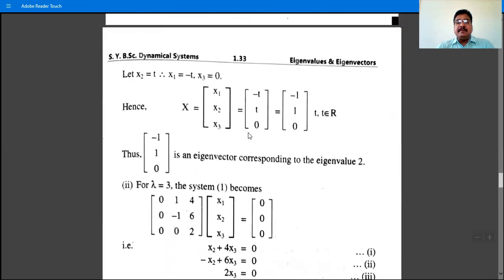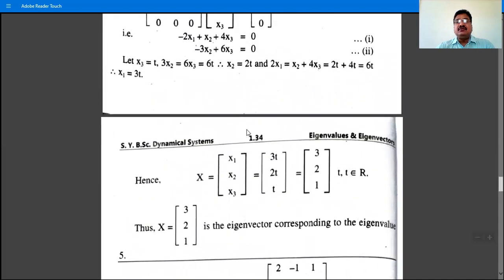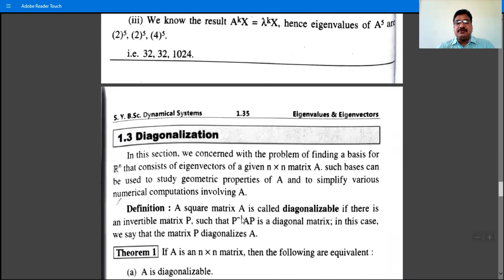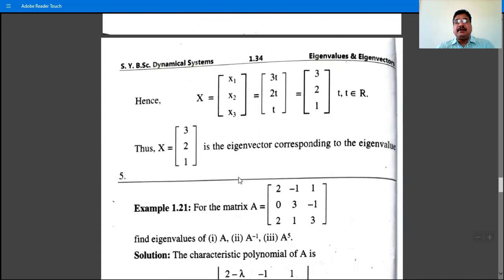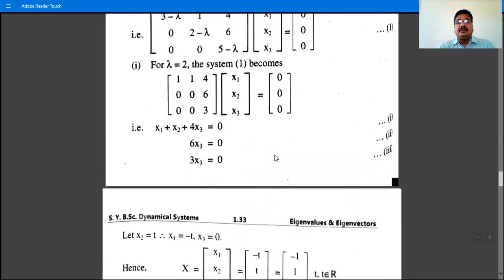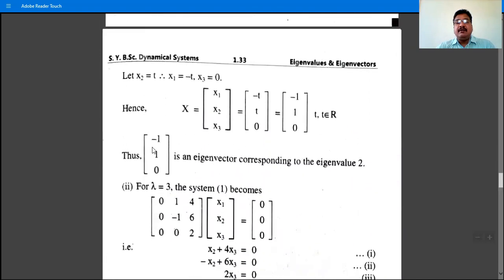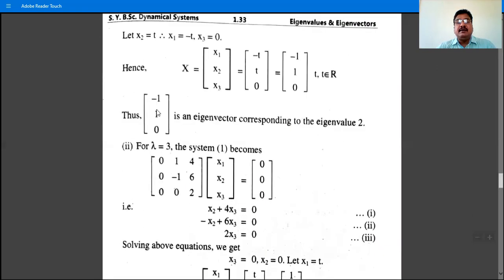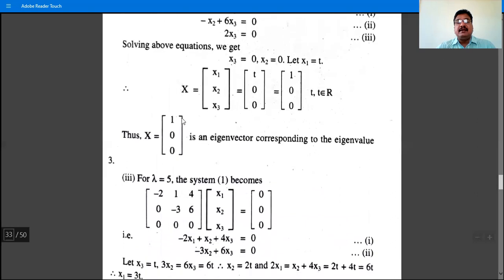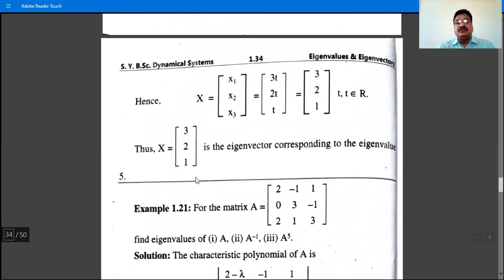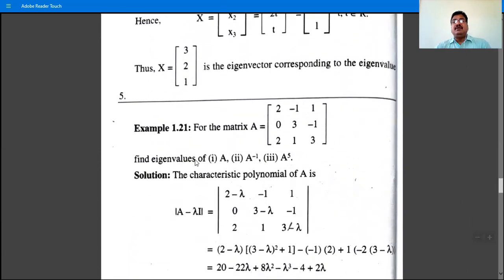And what is that matrix P that diagonalizes A? We can write the matrix P, which diagonalizes this matrix A, as follows: take the first linearly independent eigenvector as its first column. Then P is the matrix with 1 1 0 as the first column, its second column is 1 0 0, and its third column is 3 2 1. So this is the matrix P which diagonalizes A.